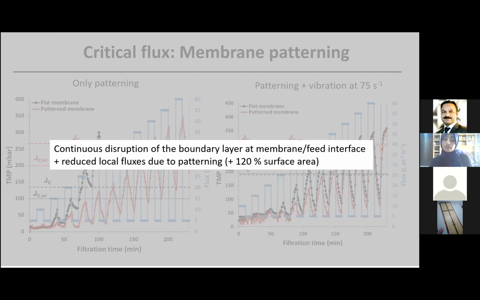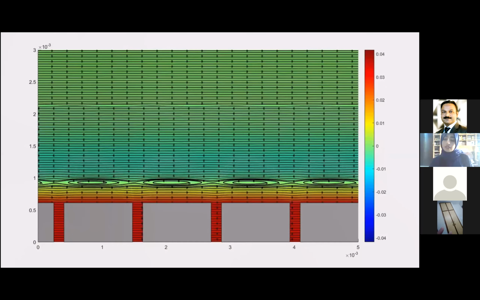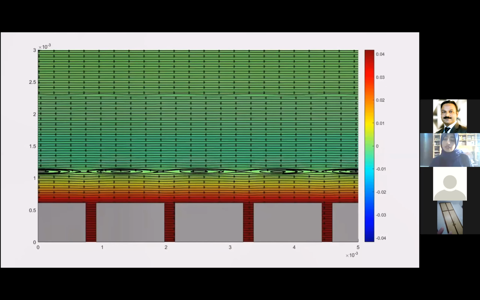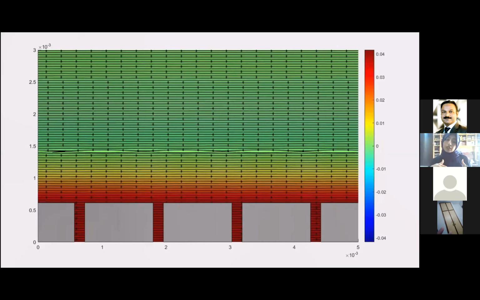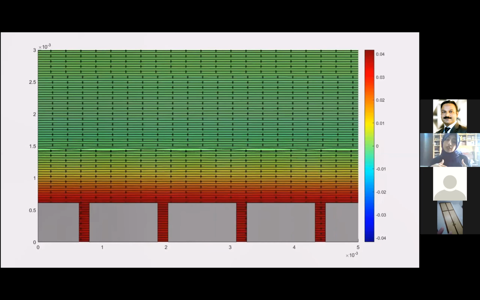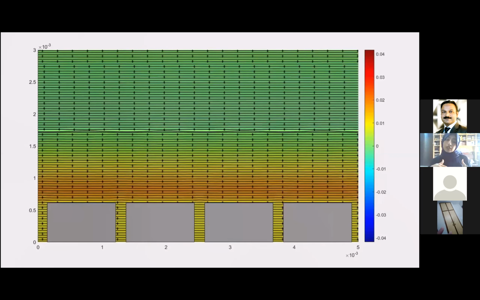This CFD simulation of these membranes during the vibration, you can see the formation of vortices during the vibration, and these vortices were connected away from the membrane surface, and that is highly beneficial for removing these foulants which are already deposited on the membrane surface. With this,